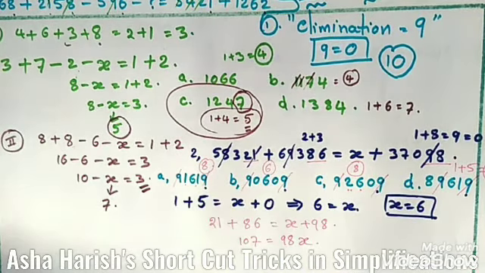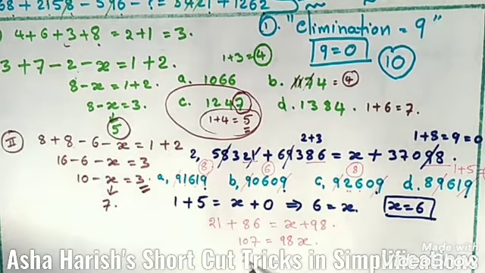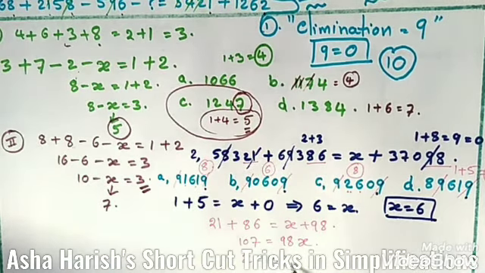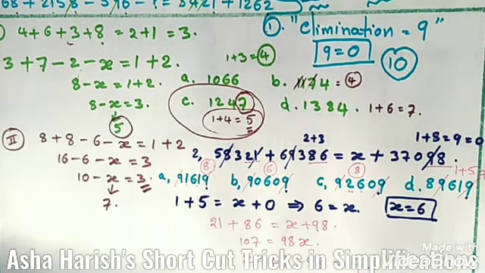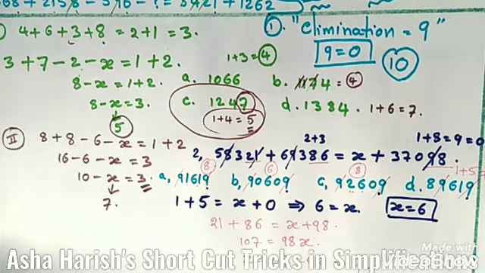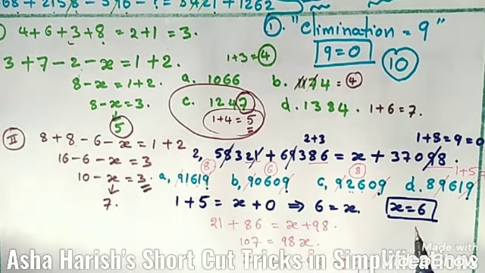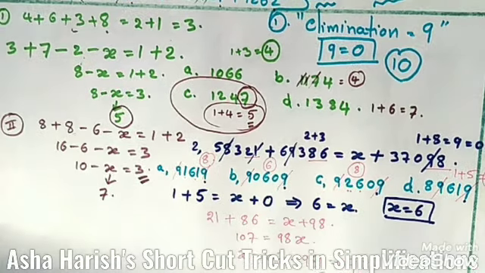Now from this x is equal to 107 minus 98, that is 9. Okay students, now the answer is 9 we got here, and it may be found just by doing the digit sum rule,